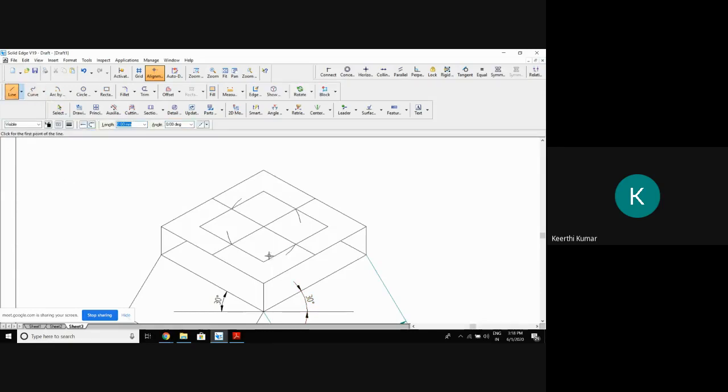Once that is done, go for the line command from this corner to this midpoint. From this corner to this midpoint. Similarly, from this corner to this midpoint, this corner to this midpoint. You draw a line. I'll repeat again. I'll show the highlighted one. So these two, you draw the line first. Similarly, these two, you draw the line. Once those two are done, go with arc. Center, radius, cut an arc. Center, radius, cut an arc. Center, radius.